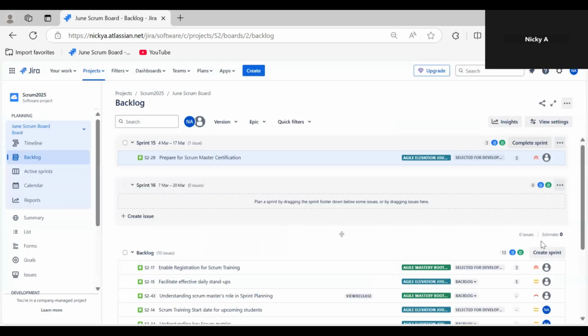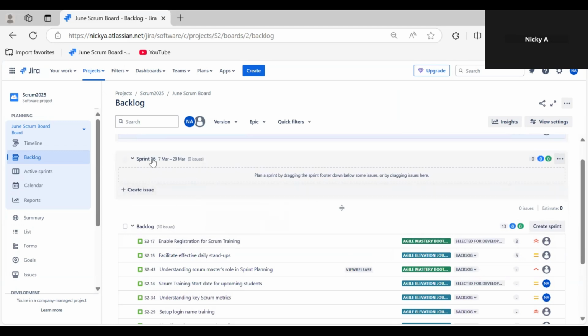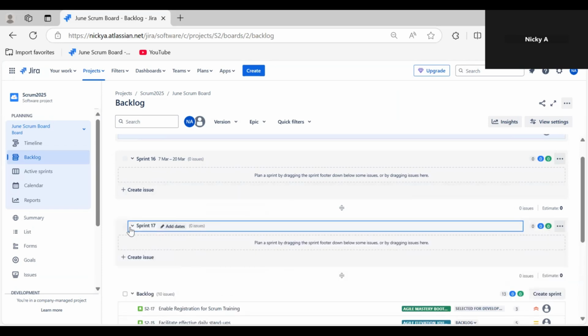Once you do that, it automatically puts the date. So if you see in here, the dates are here, right? It starts on this date and it's going to end on that date. Let's try to create another sprint. If you want to create sprint 17, it's going to automatically create it. Like I said, it's going to auto create the sprint because this is not our first time we're creating a sprint in Jira. So we're just going to go ahead and click create and it automatically creates your next